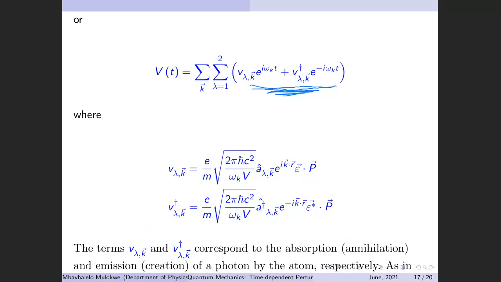Just check the time. See when I started. Okay, so